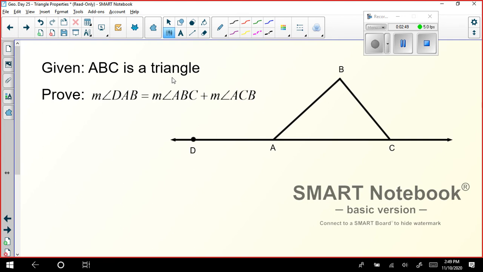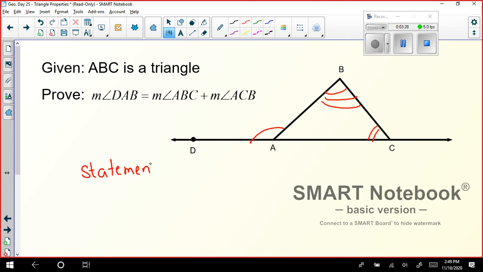This is a proof of the exterior angle theorem. We will see what the exterior angle theorem is in the next slide, where it says that the exterior angle of a triangle is going to be the sum of the non-adjacent interior angles. So it's the sum of these two angles. The angle that you see here, angle DAB, is going to be the sum of angle ABC plus angle BCA. That's what we are trying to prove here. So let me do the proof of this particular theorem.